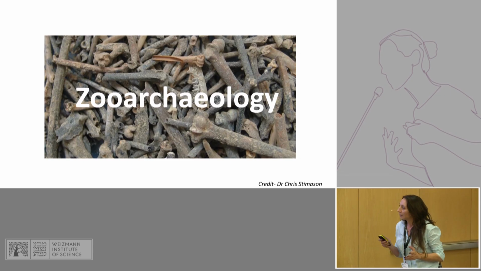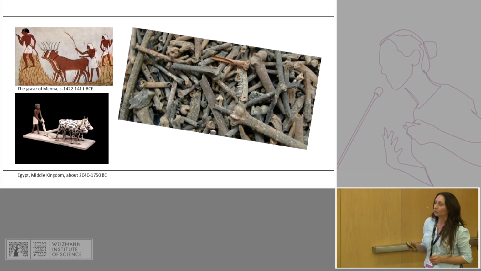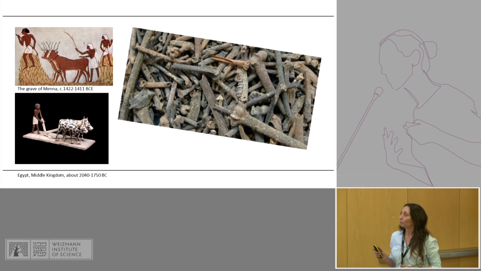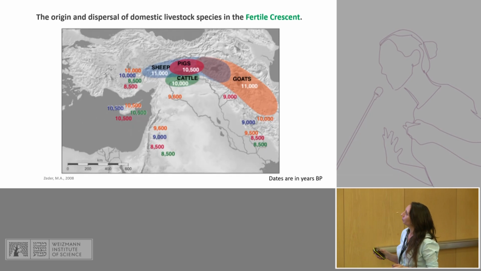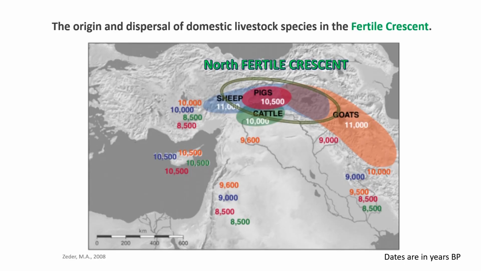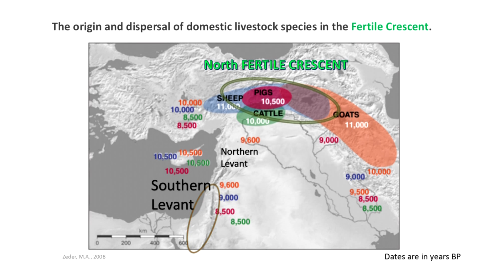One important change in this relationship was the domestication of animals, okay? The process of animal domestication started in the north, the Fertile Crescent, what is today Turkey, north of Syria, Iran, Iraq, and was adopted as a new idea by the southern Levant, okay, where we are here. And we are talking about the period of the Pre-Pottery Neolithic. This is before ceramics, just after the domestication of plants.